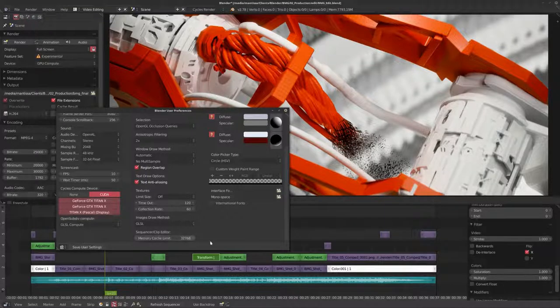I've got 64 gigabytes of RAM in my machine, so I can set this to the maximum of 32 gigabytes. But something that's really important to remember is if you have, let's say, 8 gigabytes of RAM in your machine or 16, don't set it to the maximum. If Blender fills up all the memory, things will start getting really slow and might start crashing, and we definitely want to avoid that.